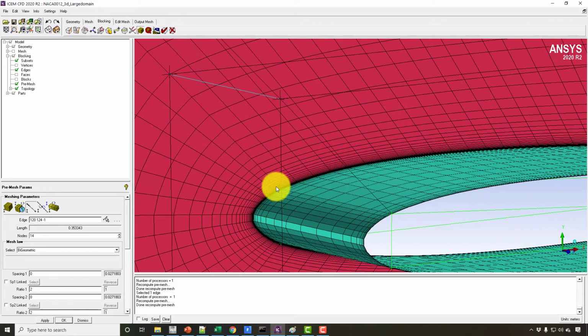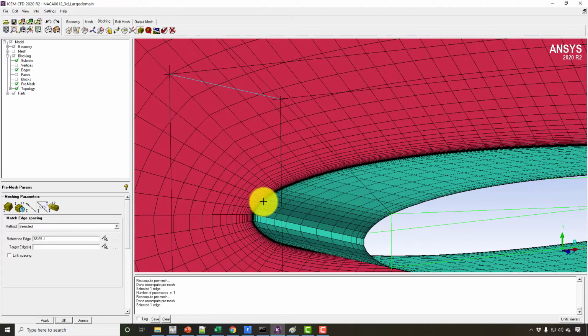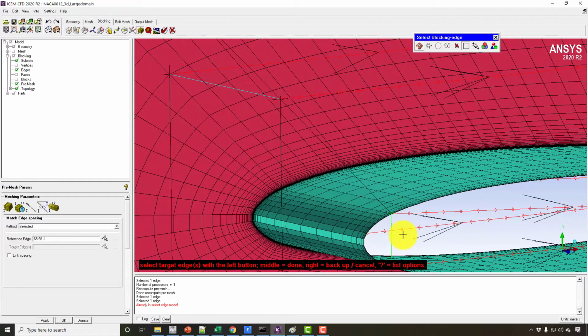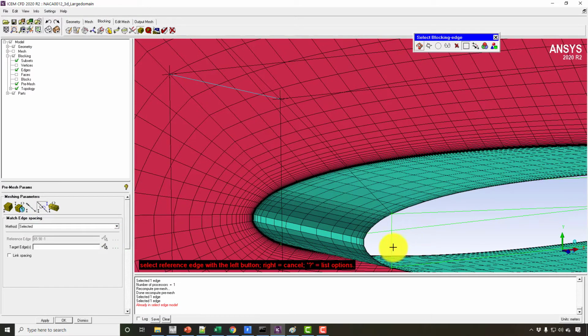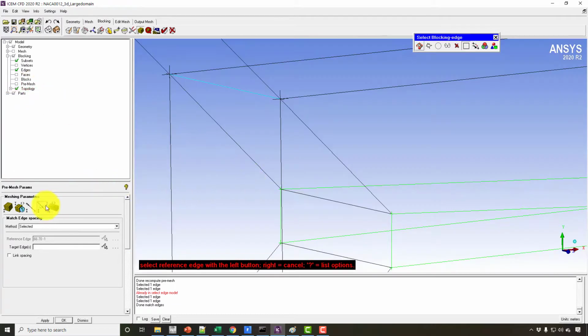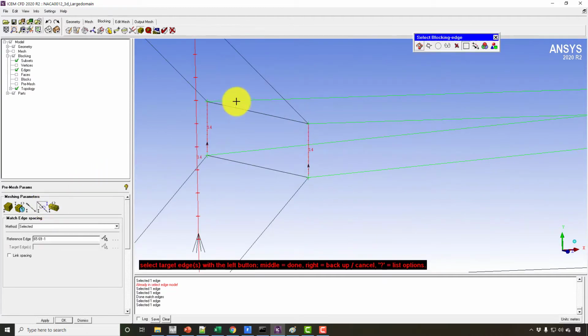And size is almost compatible, so I can copy the size from this edge, okay, from this edge and to this edge. So this can be done for all these edges, one by one. So we have the 4 edges, so I can do it for 2 on the bottom side and 2 on the upper side.